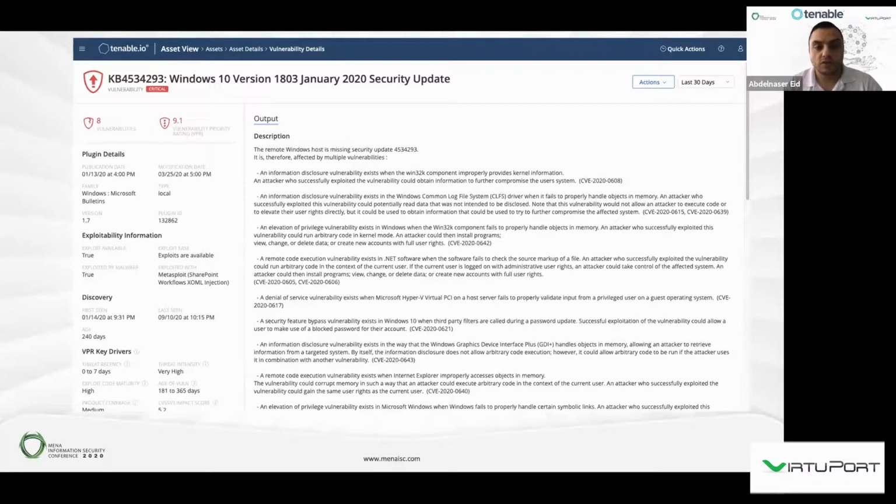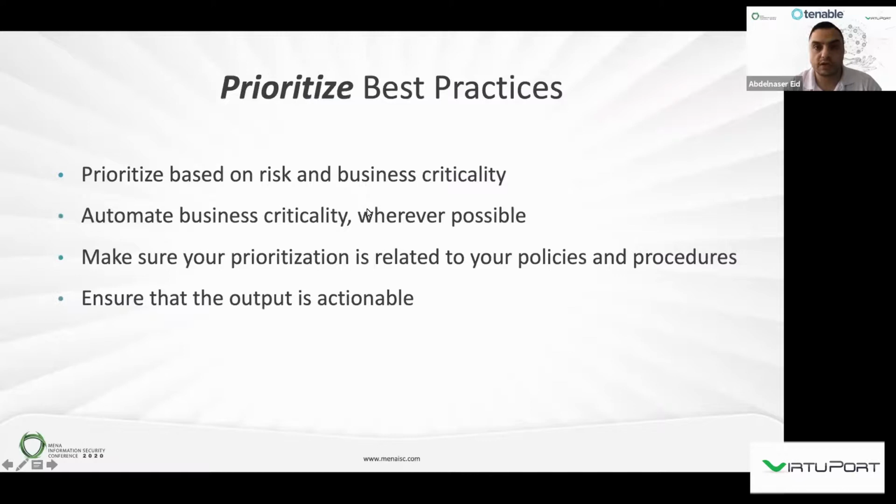in order to assign the VPR score. This VPR score relies on the threat intel feeds in order to make the scoring dynamic, which means that, for example, for a particular vulnerability, the score might change overnight according to what we see in the field. So if this vulnerability becomes used in a certain attack or by a group trying to develop exploitation using that vulnerability, then we can increase the score for that vulnerability. This gives the organization an indication about the potential risk of that vulnerability.